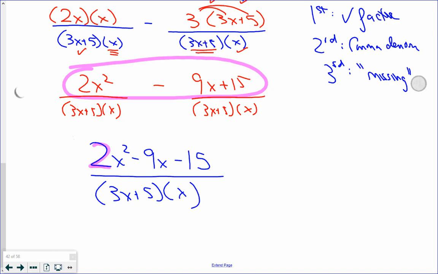And then the last step, you have to give the restrictions. So our restrictions are, for this, hide the 3. So it looks like x plus 5. So that would be negative 5. You're timesing by 3, so you divide by 3. The next bracket is just a monomial. Monomials are just automatically 0. Okay,